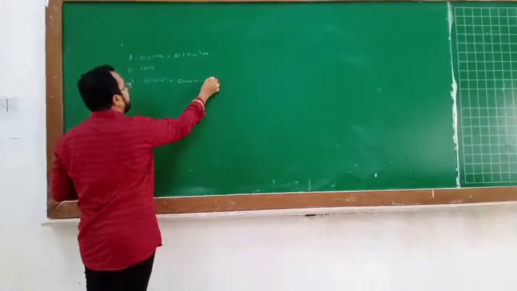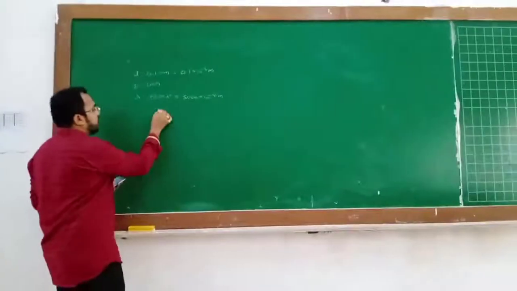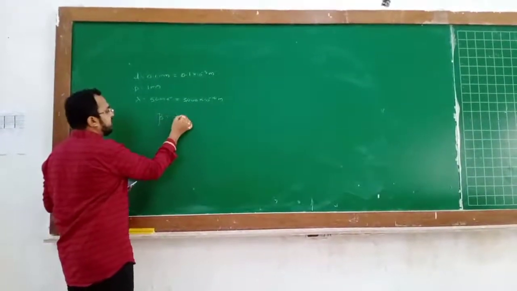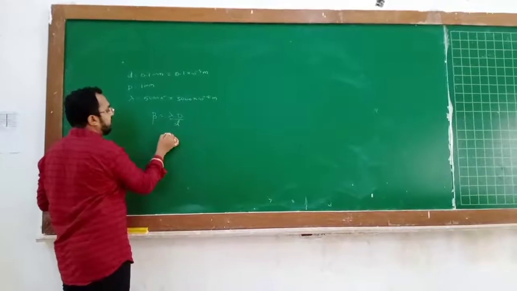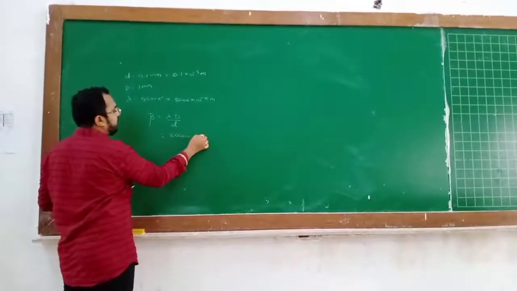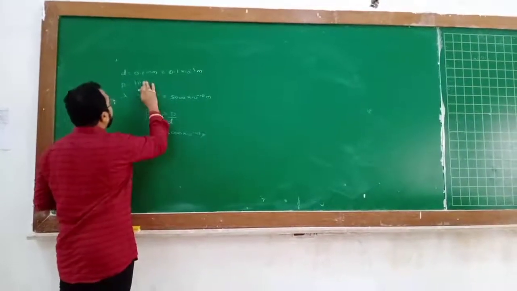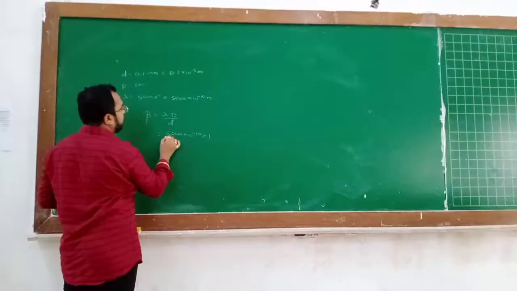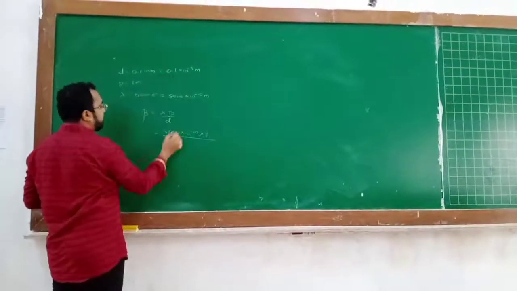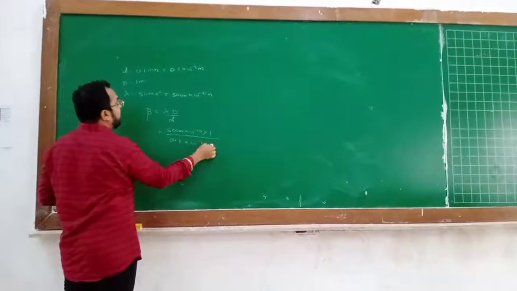Minus 9 is the nanometer, minus 10 is the angstrom. So what is asked? Fringe width is asked: lambda D by d. Very simple. What is lambda? 5000 into 10 raised to the power minus 10. Capital D is given as 1 meter, and small d is 0.1 into 10 raised to the power minus 3 meter.